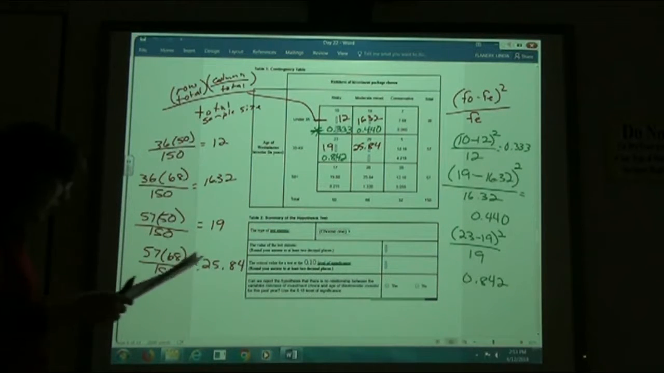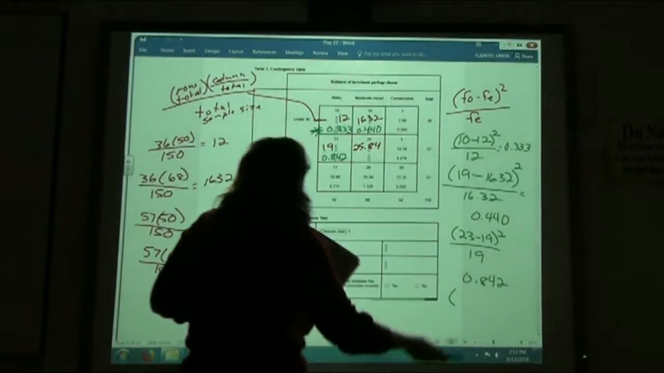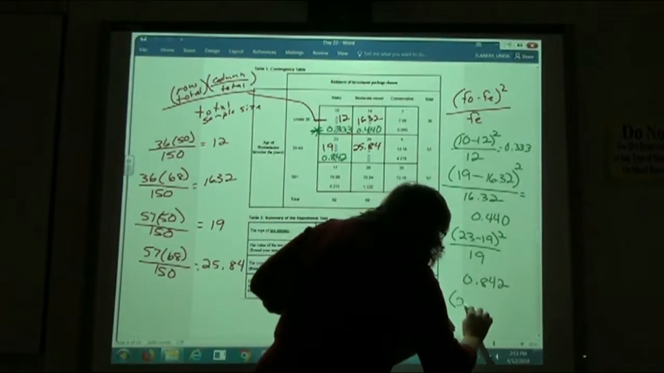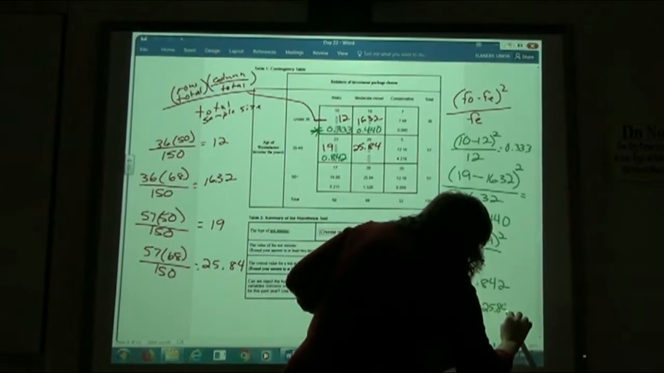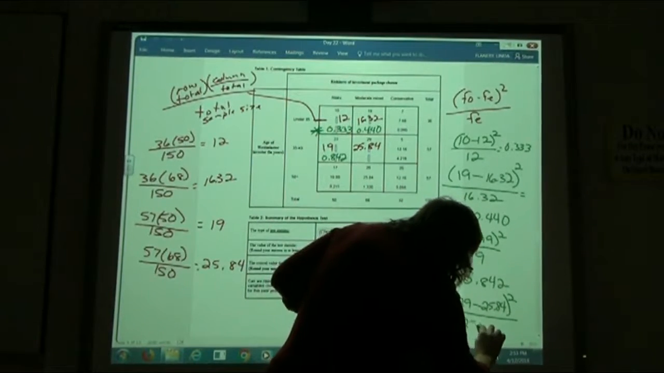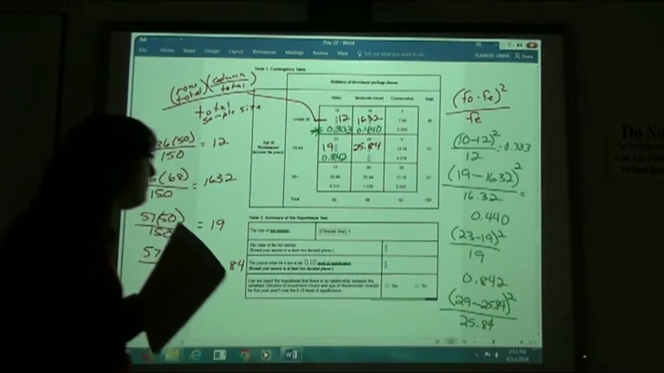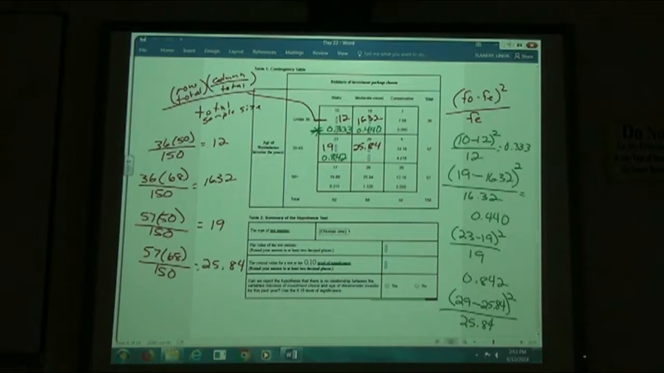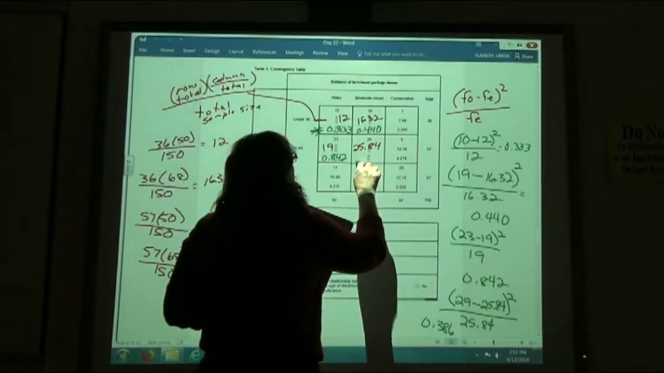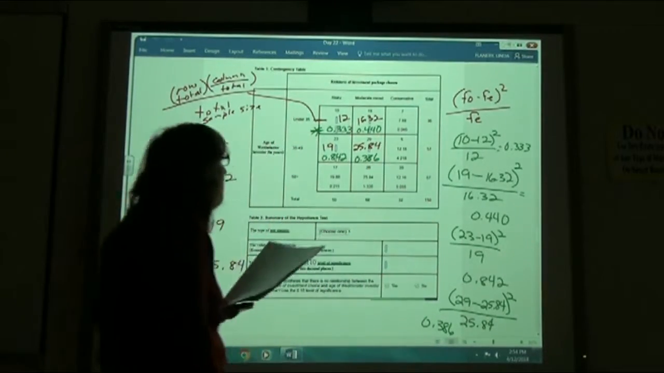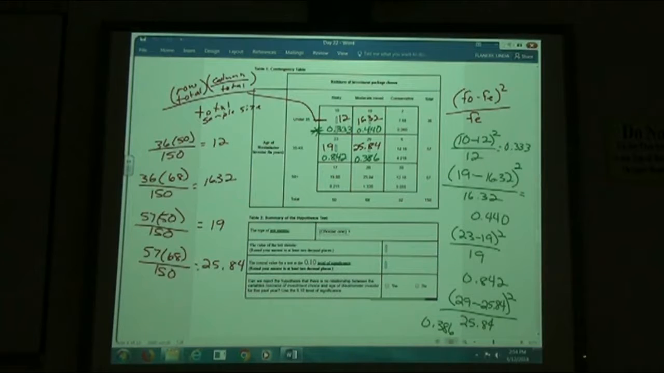And the last one on that part, we are going to do my observed frequency of 29 minus my expected frequency of 25.84. I have to square that and divide it by my expected frequency of 25.84. So 29 minus 25.84, you're going to square that and then divide it by 25.84. When you do that, you should get 0.386. All right, so